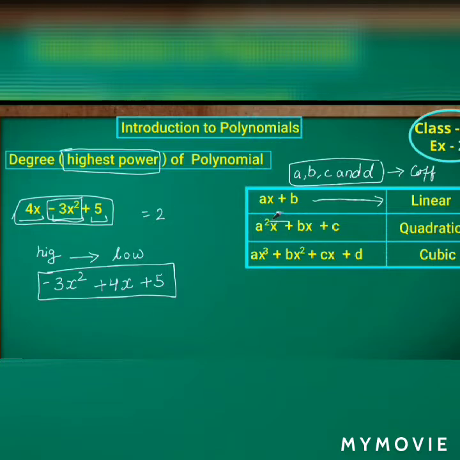If the power of the expression, that is, for x (since x is the variable here, so a, b, c I have taken as constant coefficients of x). If the power is 2, then those expressions are said to be quadratic equations. If the power of the polynomial is 3, that is, the degree of the polynomial is 3, then those equations are said to be cubic equations, since x is having the power 3.